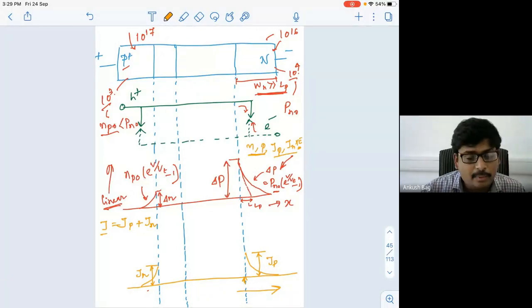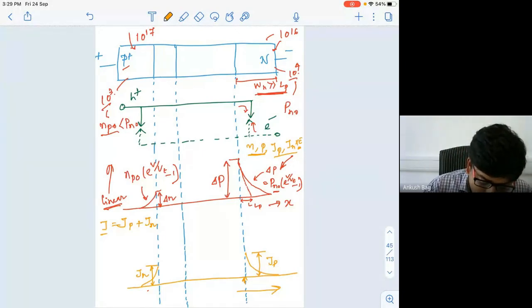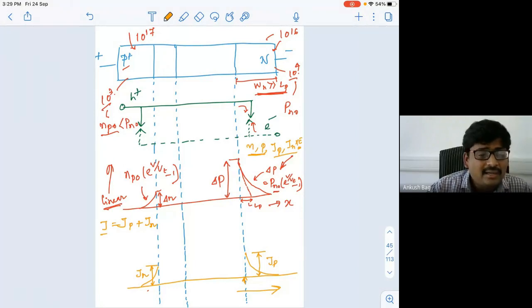See, here is another important assumption, or important condition. All this carrier transport we are considering under steady state. Steady state means there will be no change in the current density within this device. If one thing is steady state, the opposite is transient state. So steady state means there will be no variation in the current across the device.